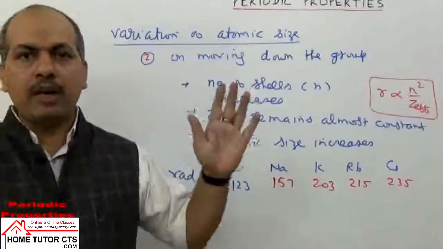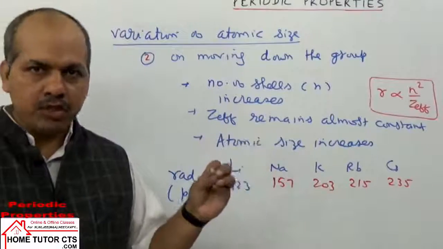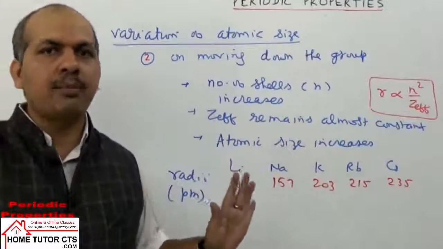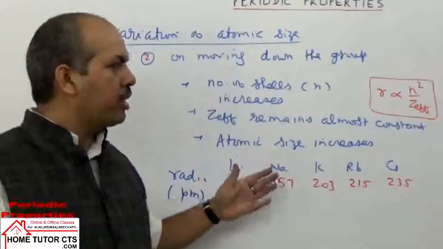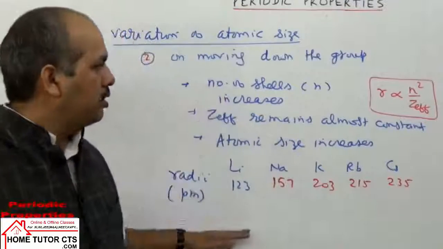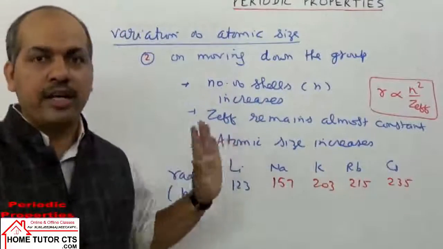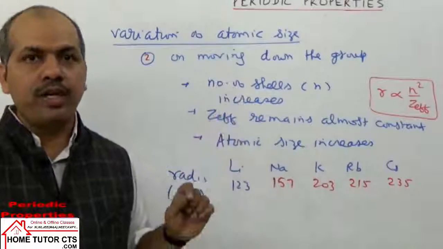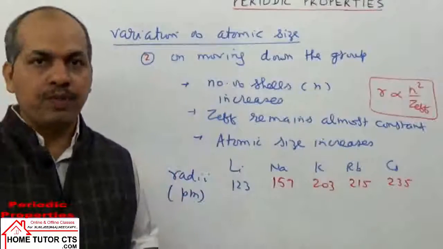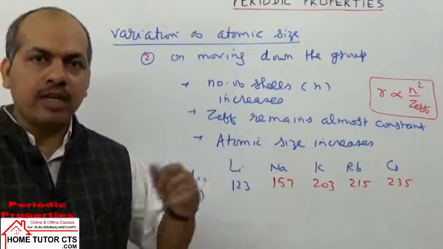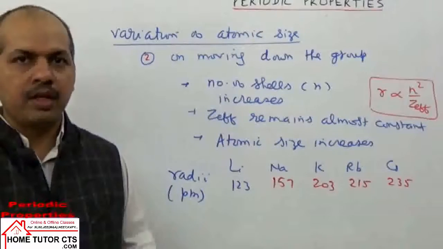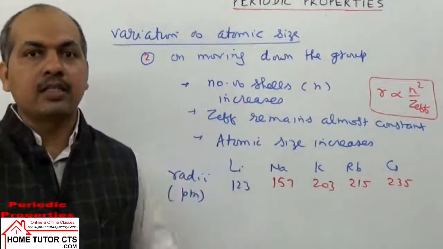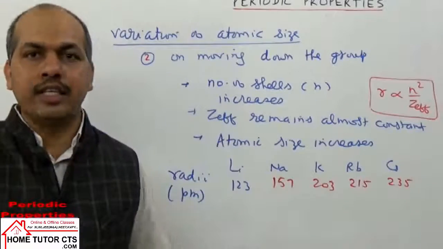See, Slater's rule is only for your own understanding. In the exam, the question is not asked that you calculate sigma and then show Z effective; it is only for your understanding. But you can see that it is a general trend, it is not always true. We have several cases where on moving down the group atomic radius is not always increasing, and several other cases where on moving along the period the size of element is not always decreasing.